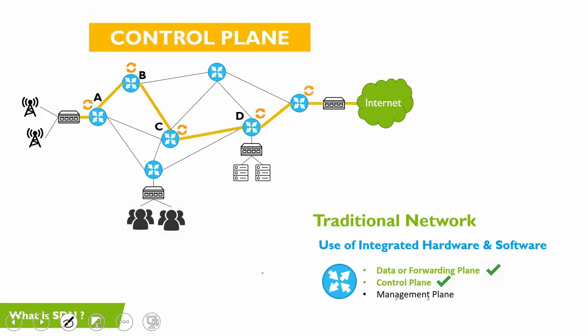The next one is the control plane. In traditional network, the role of control plane is to take the routing decisions. Every router has its own brain. You can see the brain in this orange color which is rotating out there. Every router applies its own brain to decide the best path to route the traffic. These routing decisions are taken on the basis of the routes configured in the router and the routes learned from the adjacent nodes or adjacent routers.